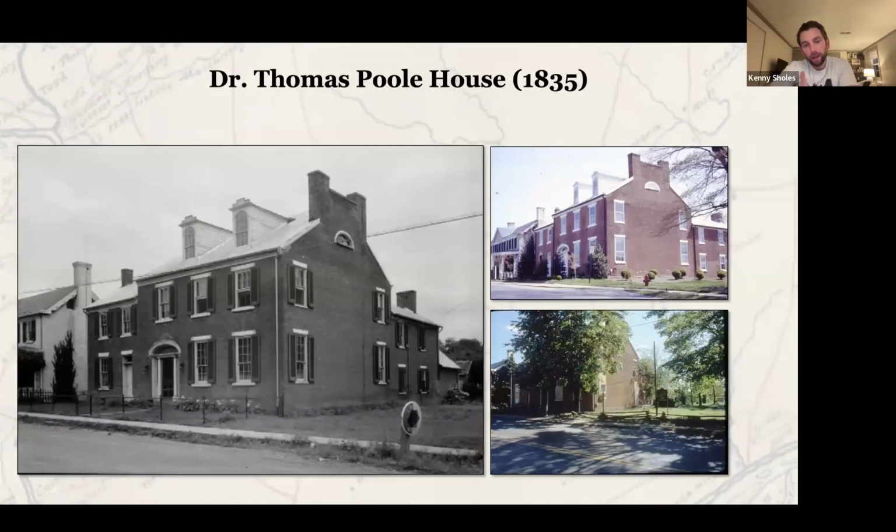Okay, so the more that I go and visit and check out old homes and learn about old homes and their structures, the more I think that the Dr. Thomas Poole house is really a spectacular old home. Because we're so used to all seeing it every single day, we've gotten used to it being there. But it is